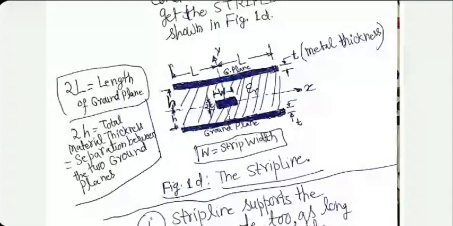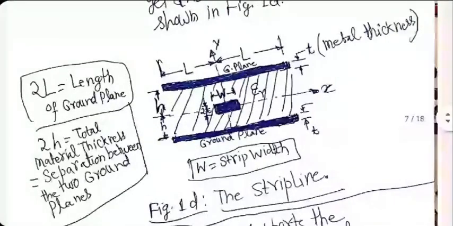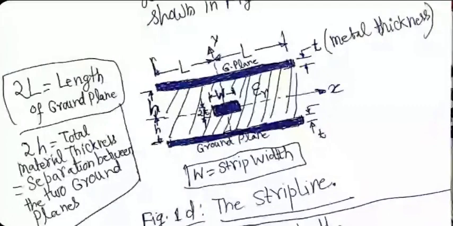Okay. There's a lot of parameters here. You have a dielectric material, and we would assume for now that it is a lossless material. So it has only a dielectric constant epsilon r, which is real. The distance between the two ground planes, which in coaxial line was equal to 2b, here I am calling it 2h. Yes, I am assuming a symmetric case.